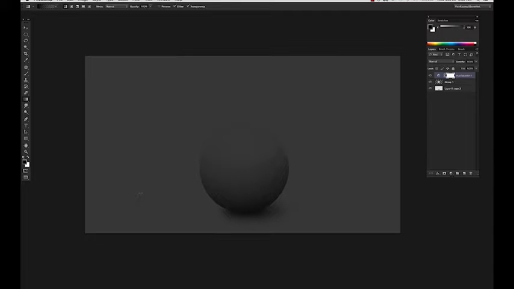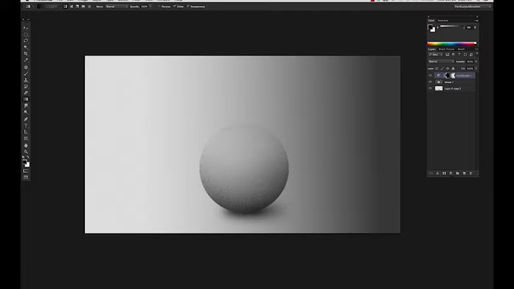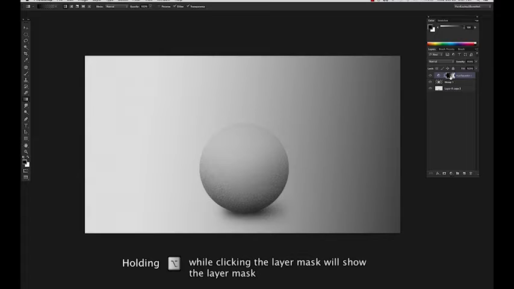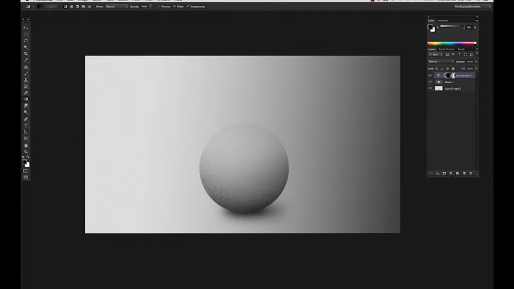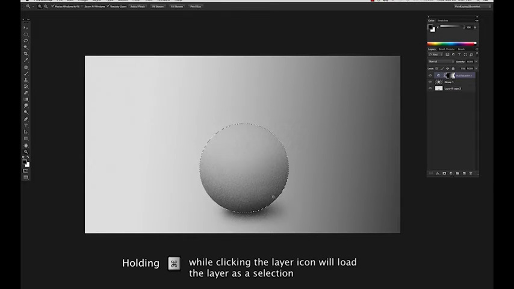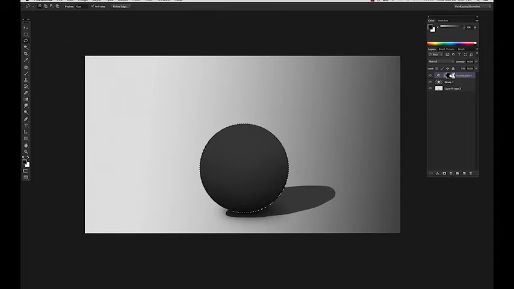So for instance, if I do a grad from black to white, you'll see that this grad from the mask matches its effectiveness of this layer. And I'll take that and load this guy and create a quick cast shadow and fill that. Oops, fill that all up. And then basically, this is the layer being fully applied here. So the cast shadow is created from that in this overall shadow. I'm just going to do a quick grad to do this quickly